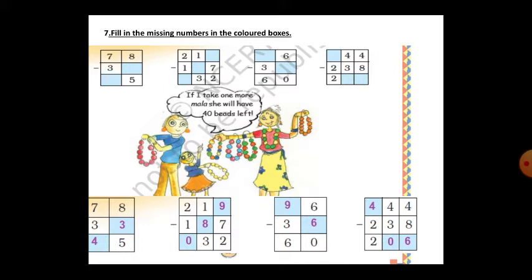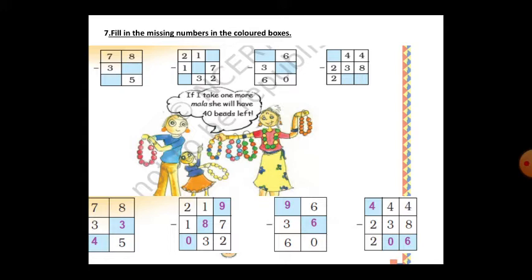And the next one is also like that. Here 0 is the answer. And in the empty box, which number should you put so the answer will be 0? You have to think. Obviously the number 6, if you put 6 in the second box, then 6 minus 6 is 0. Like that, the first number, the upper number, should always be greater, so you have to add. Even though it is minus, the first number should be greater. So 6 plus 3 is 9.